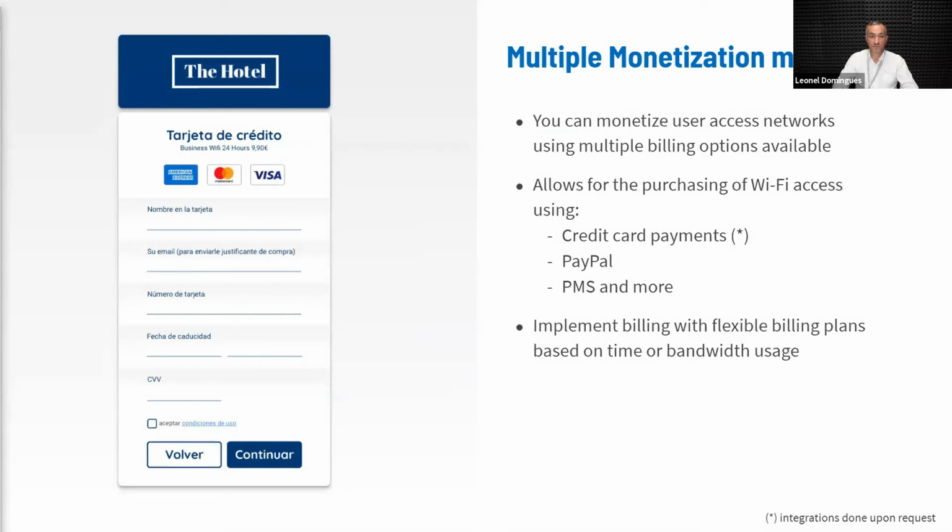Finally, and before passing this to Tony, there are still cases where Wi-Fi is monetized. There's still a lot, actually, not in hotels, but in other markets. In hotels, the case is more like when you're doing tiered Wi-Fi and you come up with some premium plans where people pay to have 100 megabits and not 1 megabit. With the platform, you can enable payments for Wi-Fi and decide together with the venue what the payment plan can be. The platform comes with PayPal integration, but